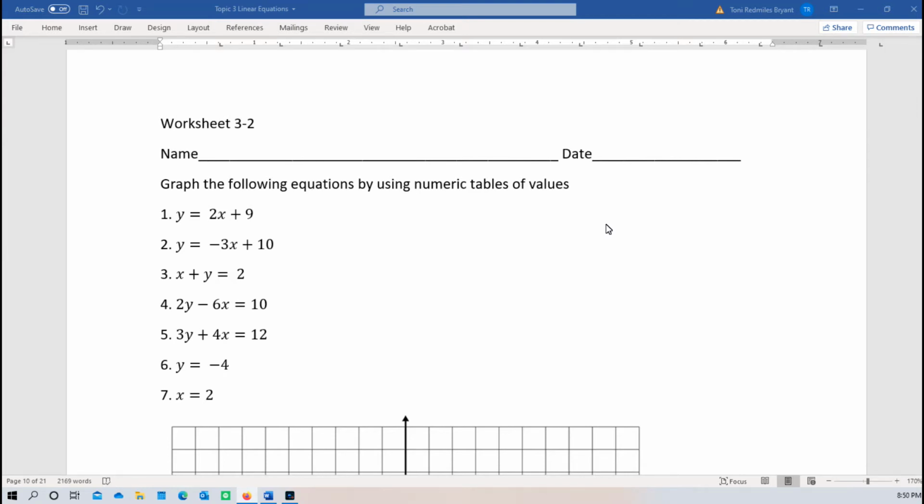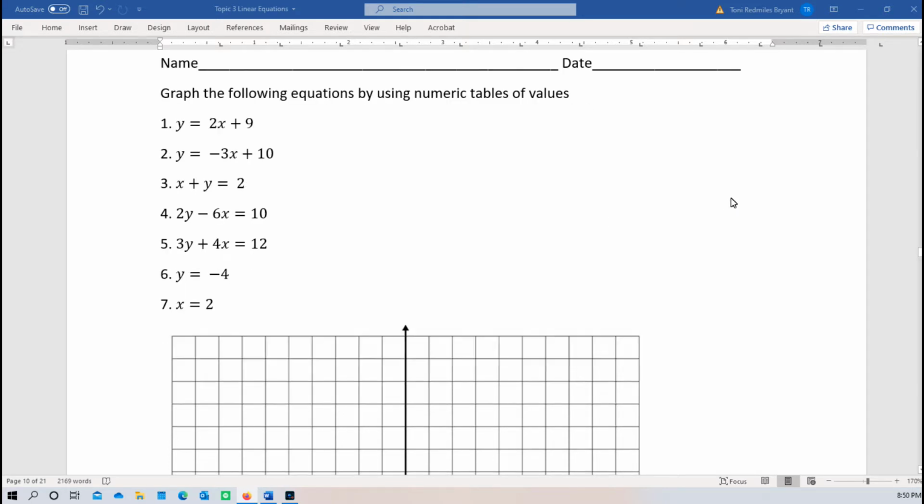We are again graphing the same equations, but this time we're using a different method. This time we're going to use numeric tables. Whenever you use a numeric table to graph, it doesn't matter what values you use. For the purposes of staying organized in this video, I'm always going to use the values of -1, 0, and 1,